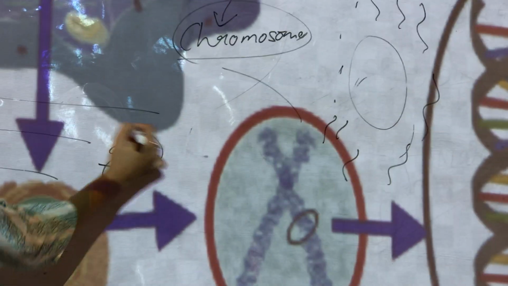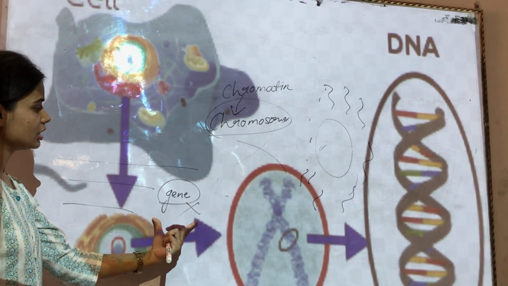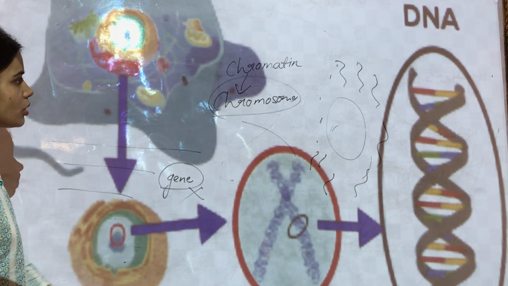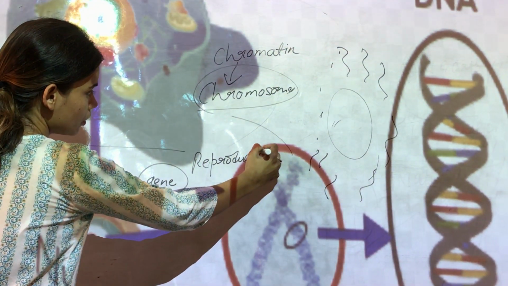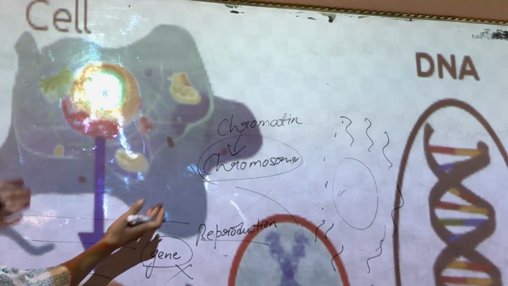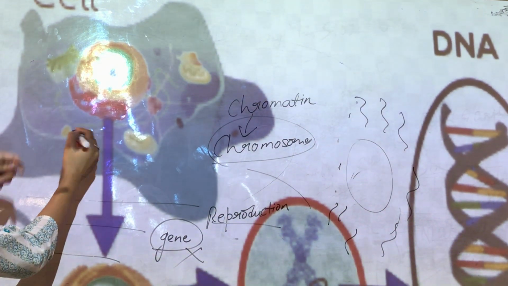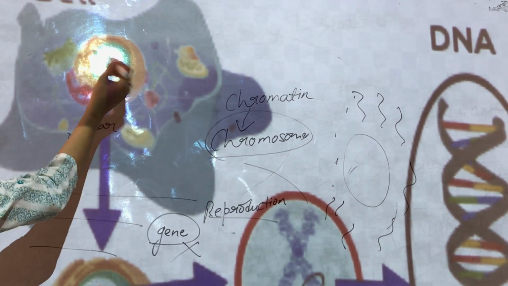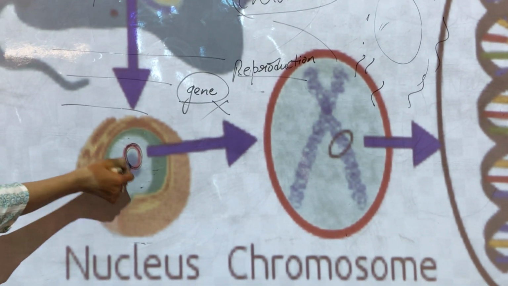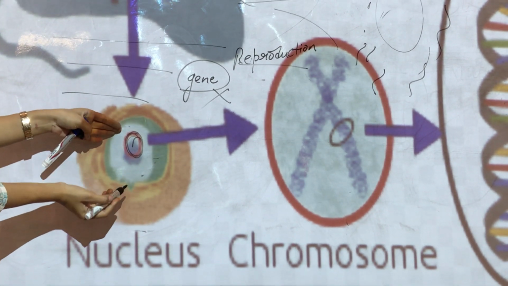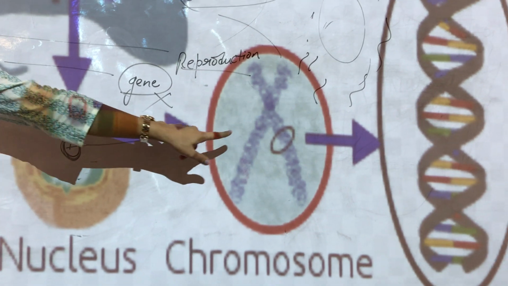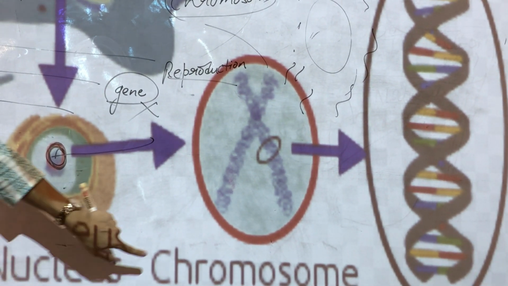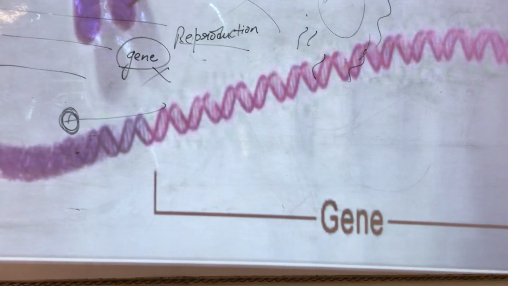Do we wear these genes? No, they are not the wearable genes. They are the genetic genes, which are very responsible in reproduction. So this is the cell. Cell has nucleus. Nucleus outer membrane is called nuclear membrane. Inside the cell you will find this nucleus, and inside the nucleus you will find this nucleolus. It will have a thread-like structure like this, which are called chromosomes, and they have genes in them.